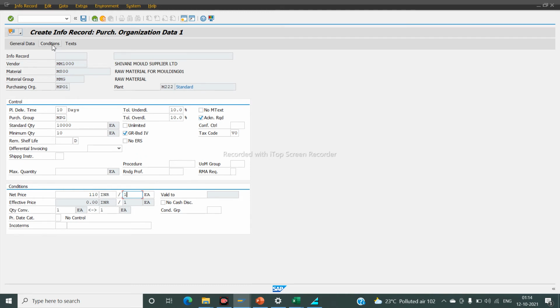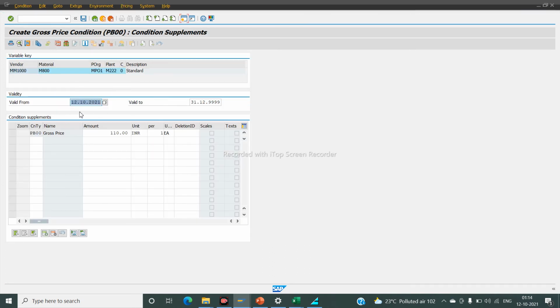There is also a condition. We also maintain a condition for a period, from today to the end of this year, the price will be 110. You also maintain the scales. So click on that row, scales.